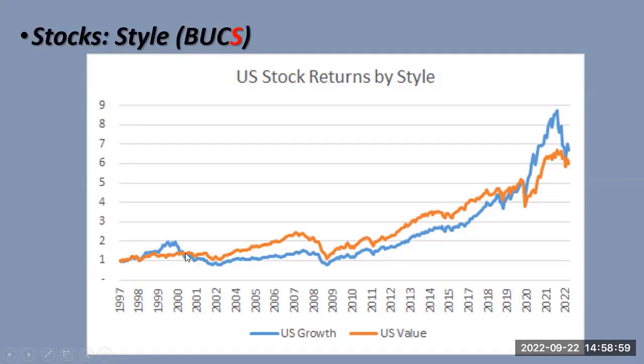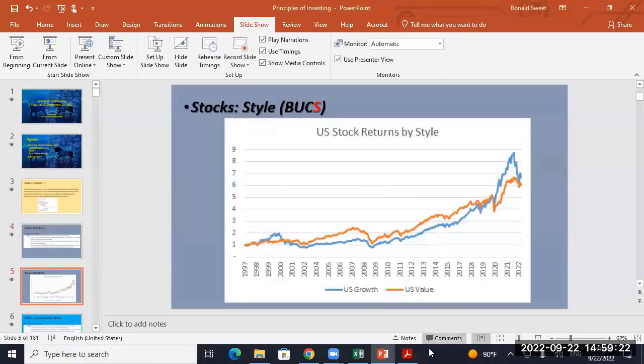You notice, look at value. Value hardly even noticed that stock market sell off. Hardly even a dip at all. So growth sold off dramatically there. I don't know if I got it right at the top, but definitely they both have come down, but growth has come down a whole lot more than value. So if we look at it,